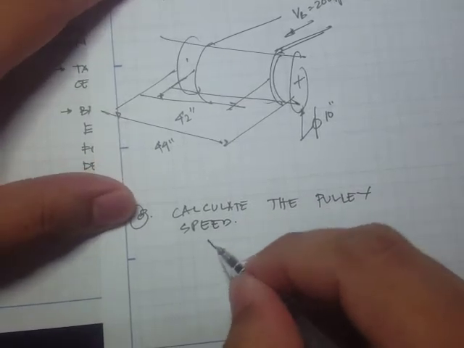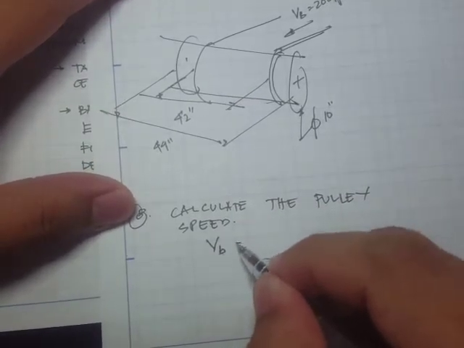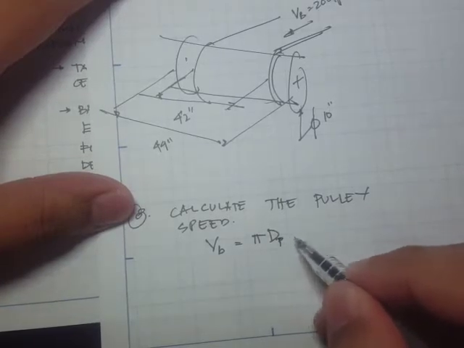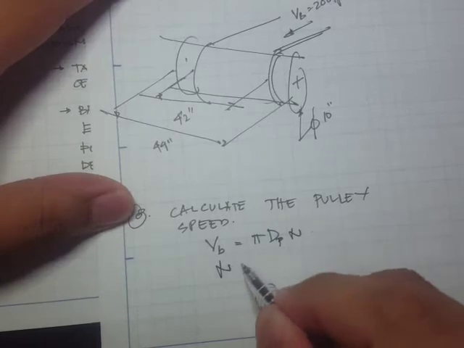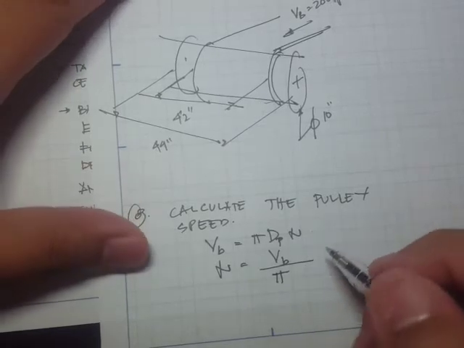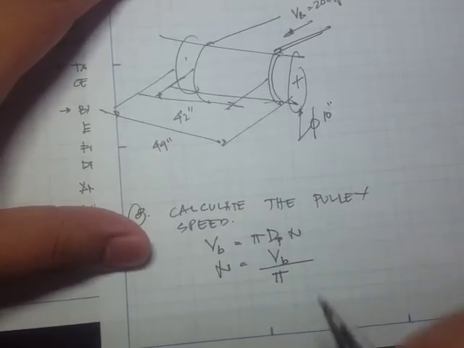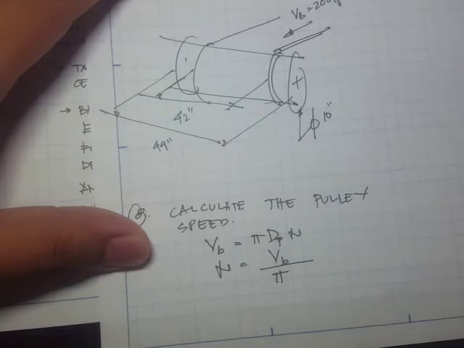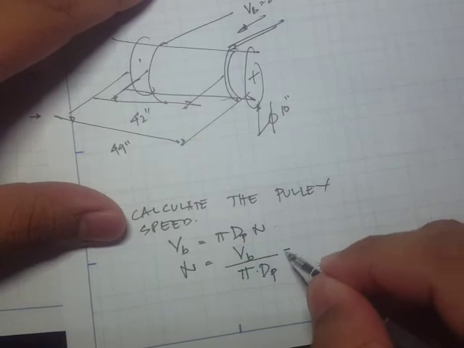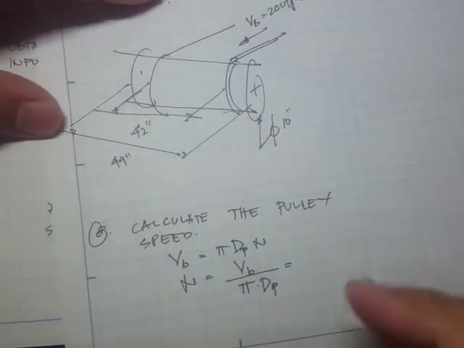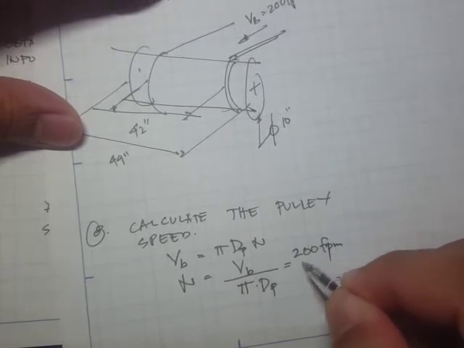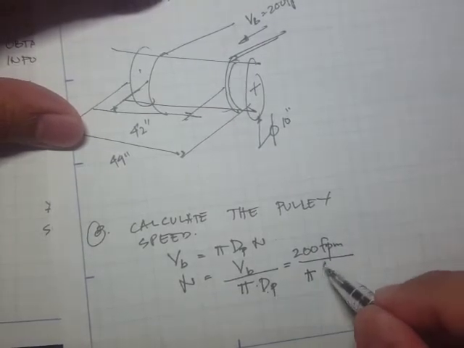Okay, so since we have the belt speed, so pi d, that's the diameter of the pulley, pi d n, and n therefore would be equal to the belt speed divided by pi times the pulley diameter. But this belt speed is in feet per minute, right? And this one is in inches, so